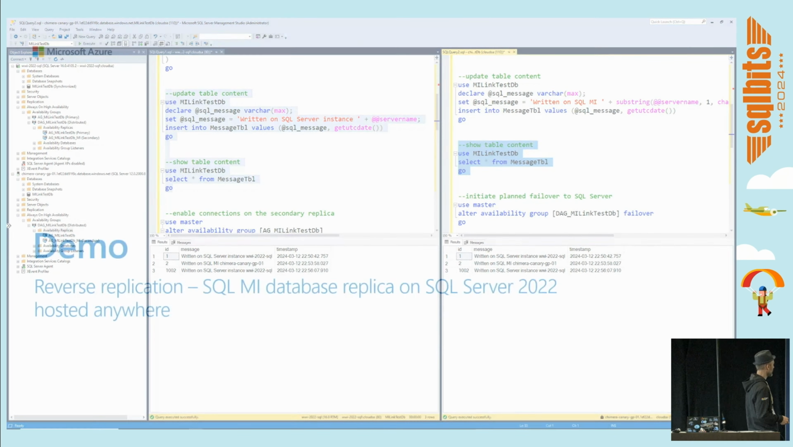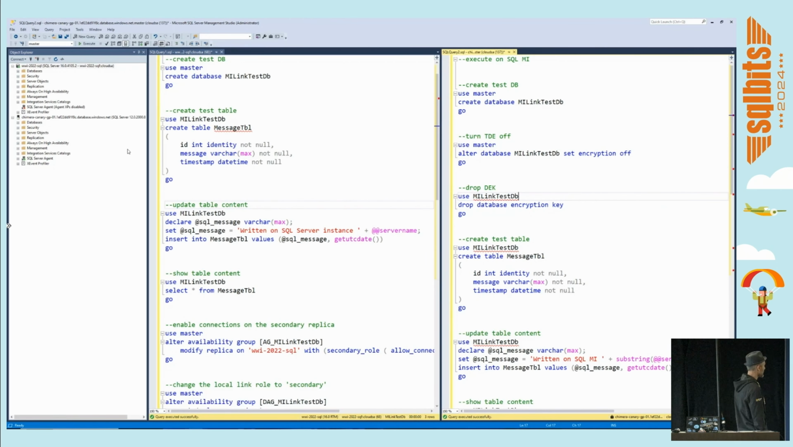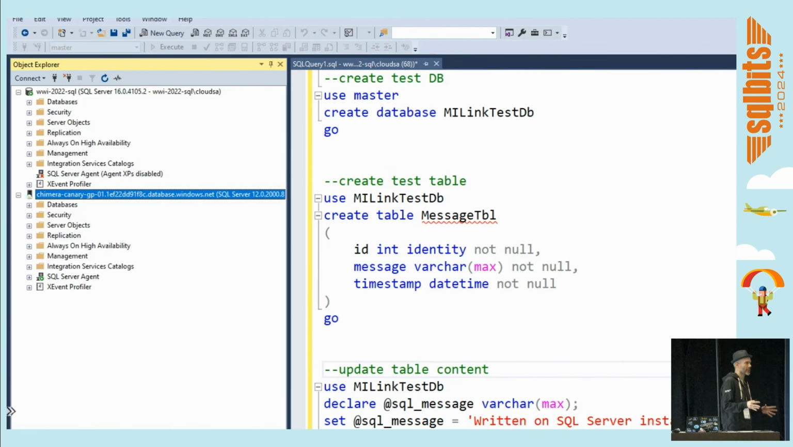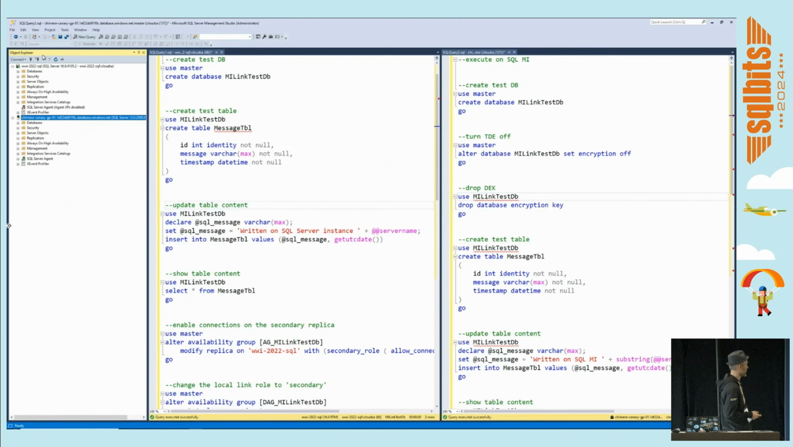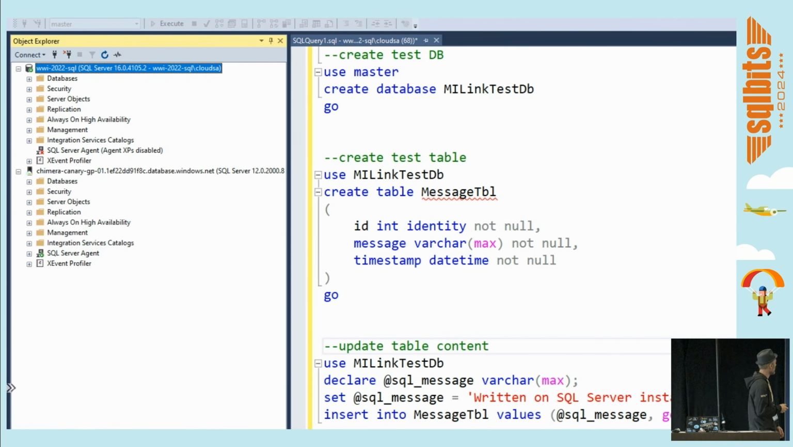And finally, this is the last demo we have for today. This is basically the demo that also illustrates a new capability of creating a link from SQL MI to SQL Server. This is supported only for SQL Server 2022. For the simplicity of this demo,